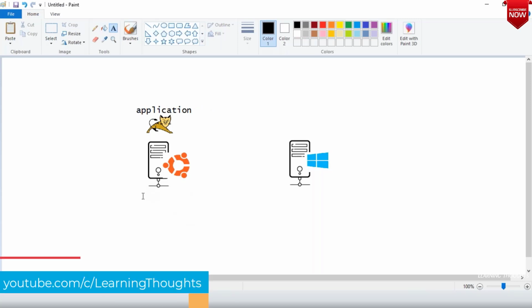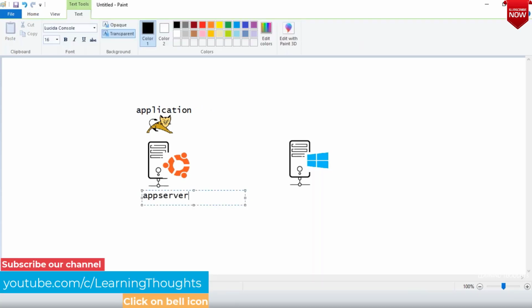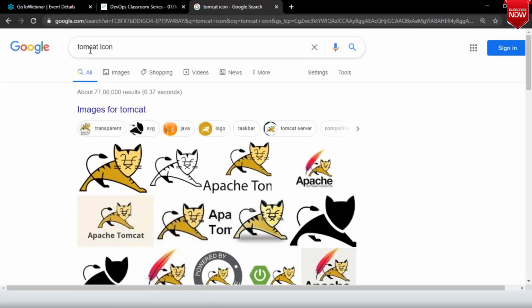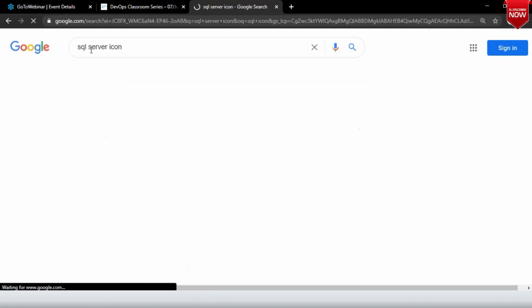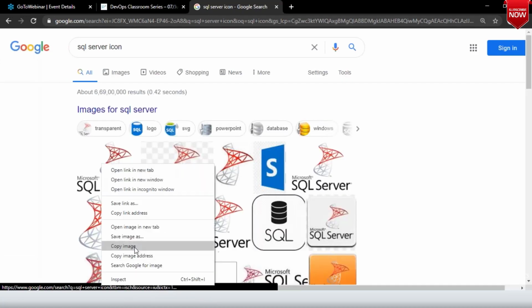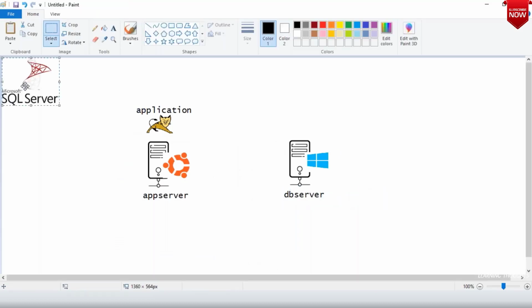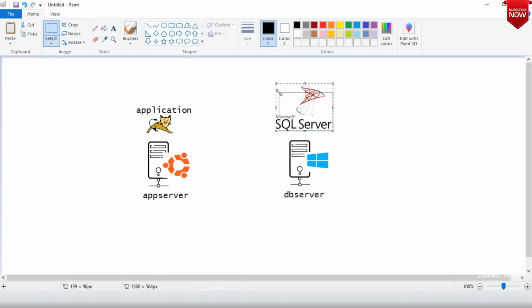So this is your app server, and this I would call the DB server, and on this some SQL server is running, Microsoft SQL server. So we have two machines, app server and DB server. In one server Tomcat is running, and on the other server Microsoft SQL server is running. Simple.